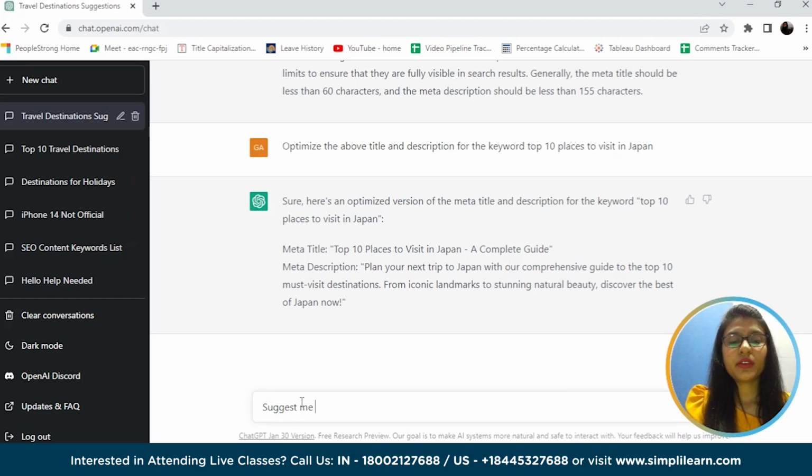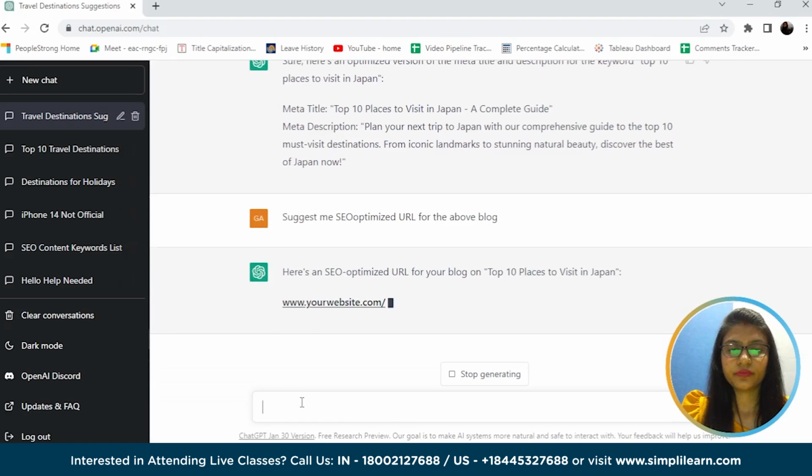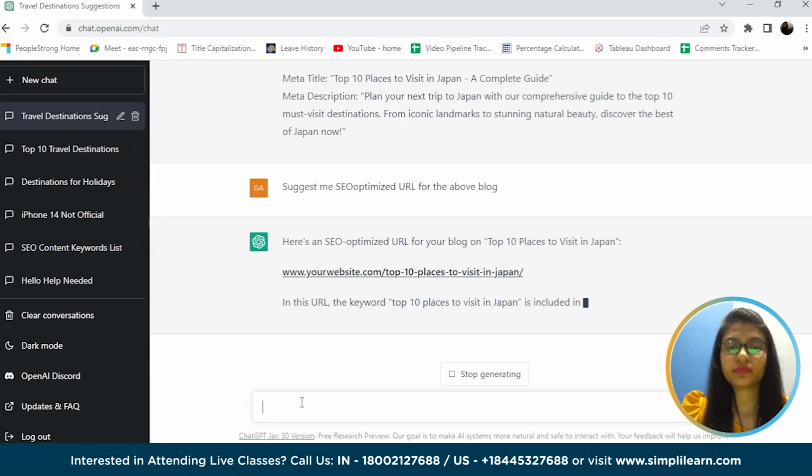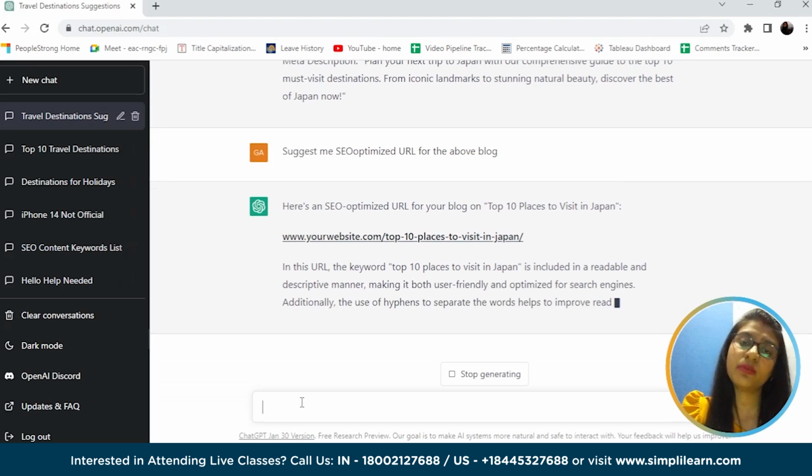Suggest me an SEO optimized URL for the above blog. See, so here we are getting top 10 places to visit in Japan, which is definitely our blog.